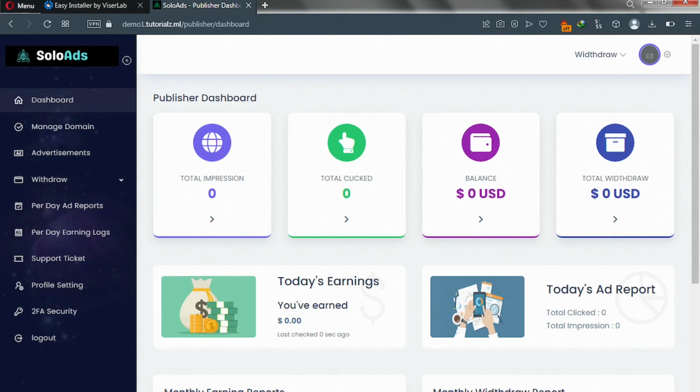Before a publisher can run ads on his or her platform or blogging website, first they need to link their websites, and this is where that can be done. So they'll click on manage domains, and then they'll be able to link and verify their domain names. Once that is done successfully, there's a button here, advertisement. So they'll click on that,